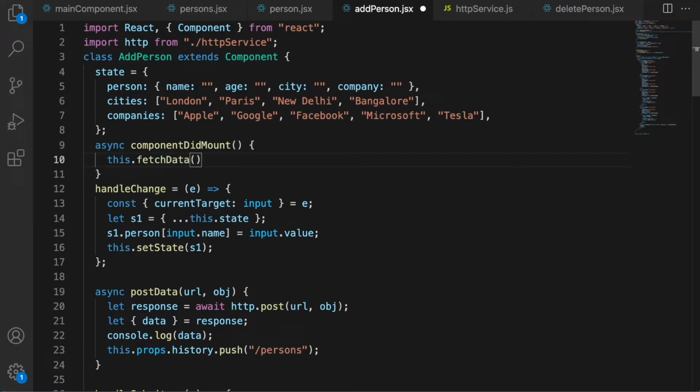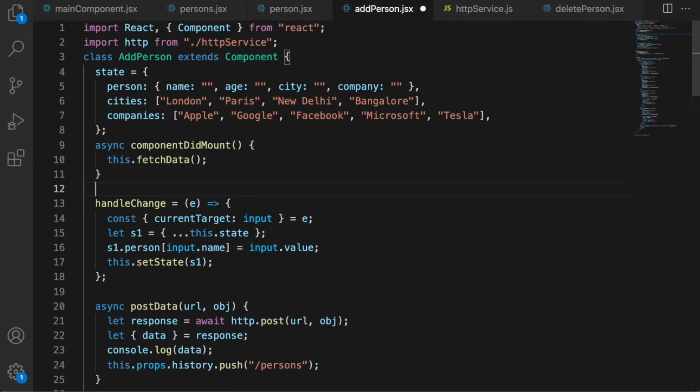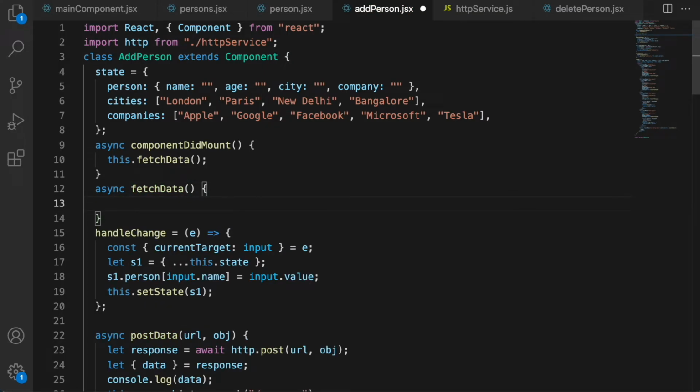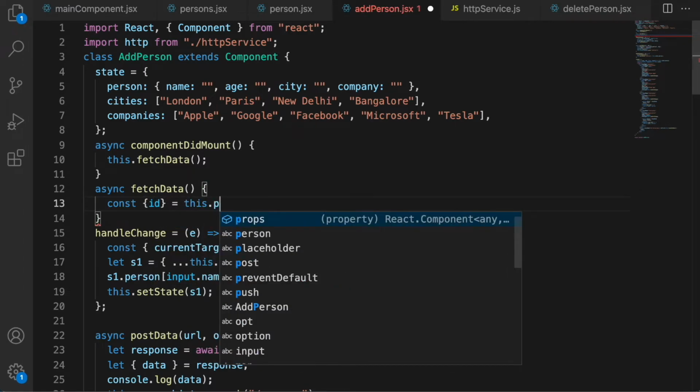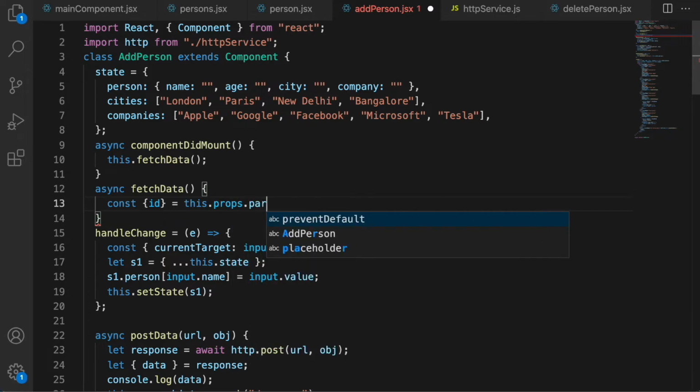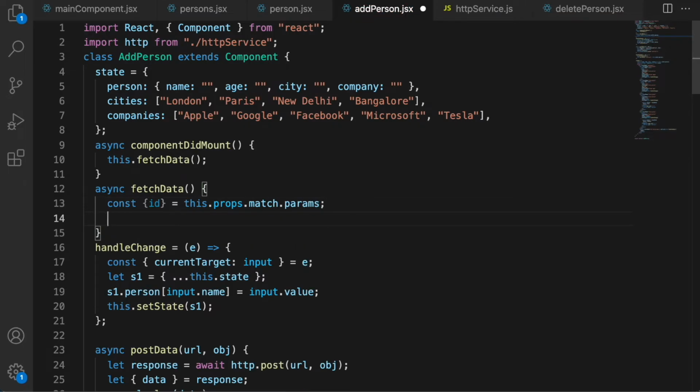We need to fetch our data. Now, what data do we want to fetch? What is the data? So first let's get our ID is equal to this dot props dot match dot params.